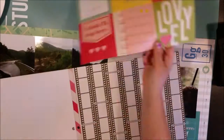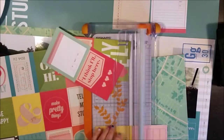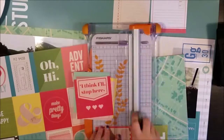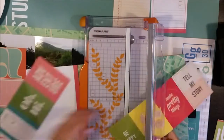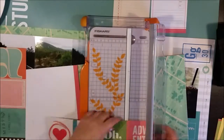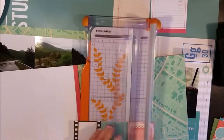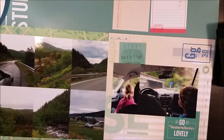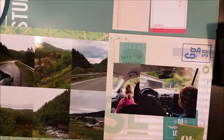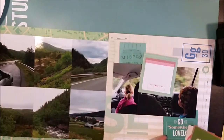On that page I have pieced together, heavily cropped, 3 photos of the kids and a photo of us driving into a tunnel. There were several tunnels on our way to Trondheim, and Norway is very,